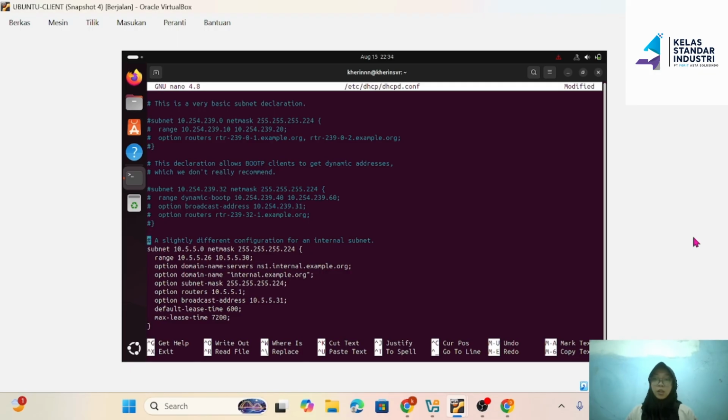Okay, now, under the subnet section, change the IP to 172.16.1.0 and its mask is 255.255.255.0.